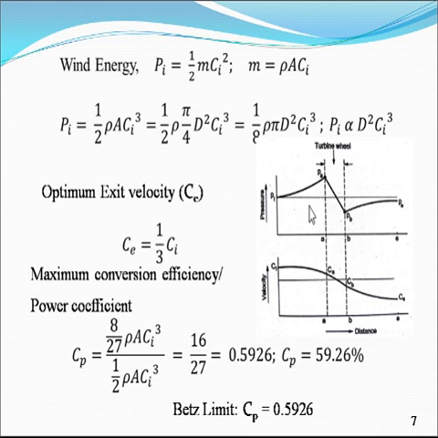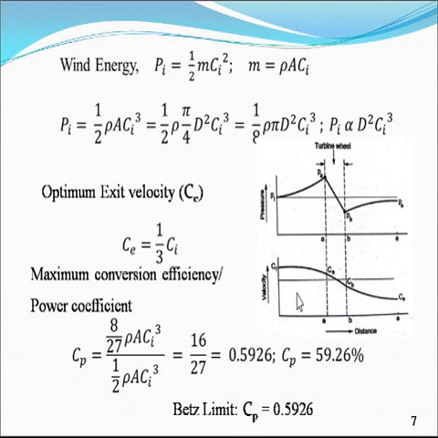Now we will discuss this figure. In this top figure, the variation of pressure near the wind machine is shown. On the x-axis we have distance and on the y-axis is the pressure, and this is the location of a wind turbine or wind rotor. When the wind approaches the rotor, pressure goes on increasing and it decreases in the rotor, and then again the pressure builds up to the initial value.